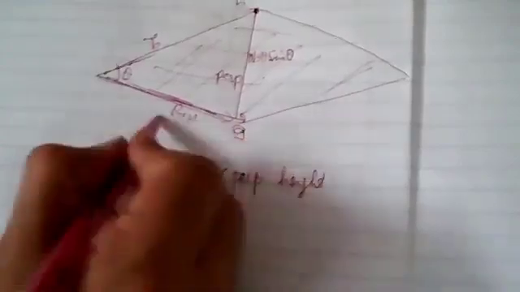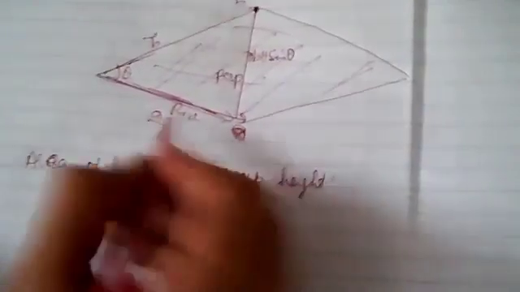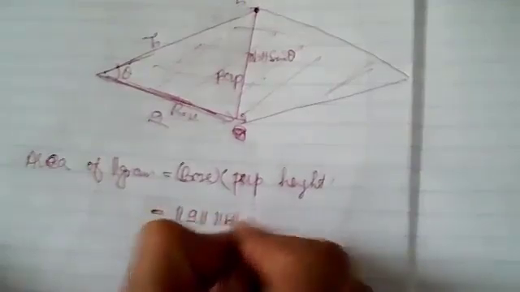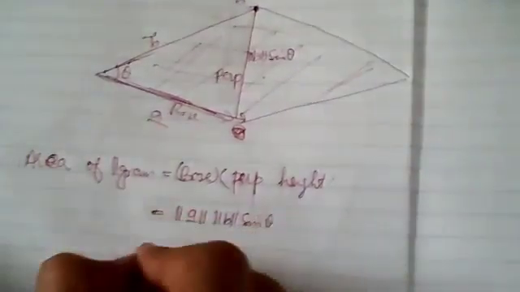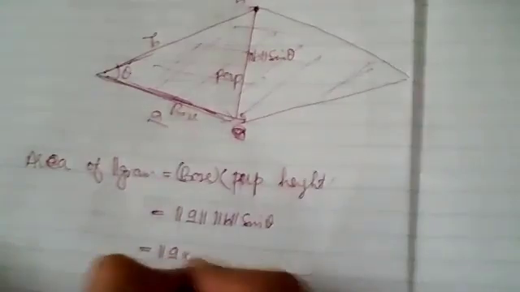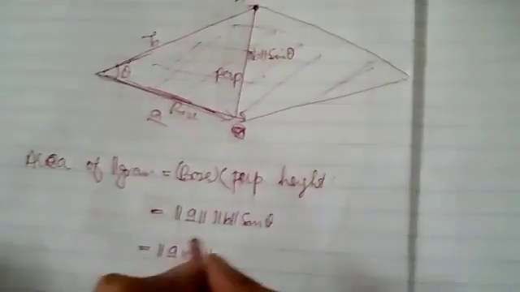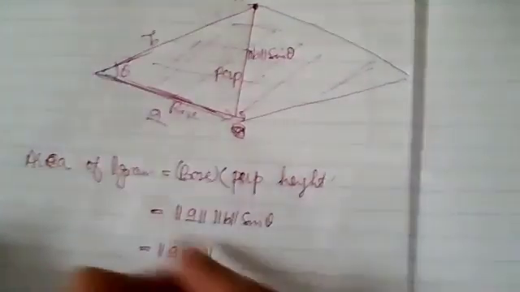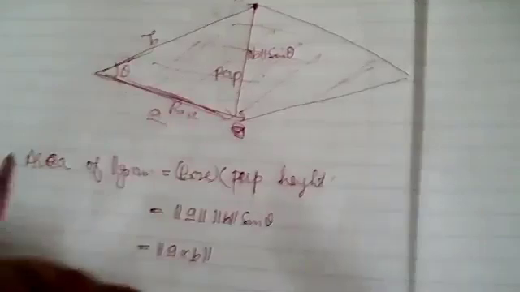Along this side we have vector A. So the length of this side will be the magnitude of A. And the perpendicular height is the magnitude of B sine theta. So this will become the magnitude of A cross B. It means if A and B are the adjacent sides of the parallelogram, then A cross B will give you the area of this parallelogram.